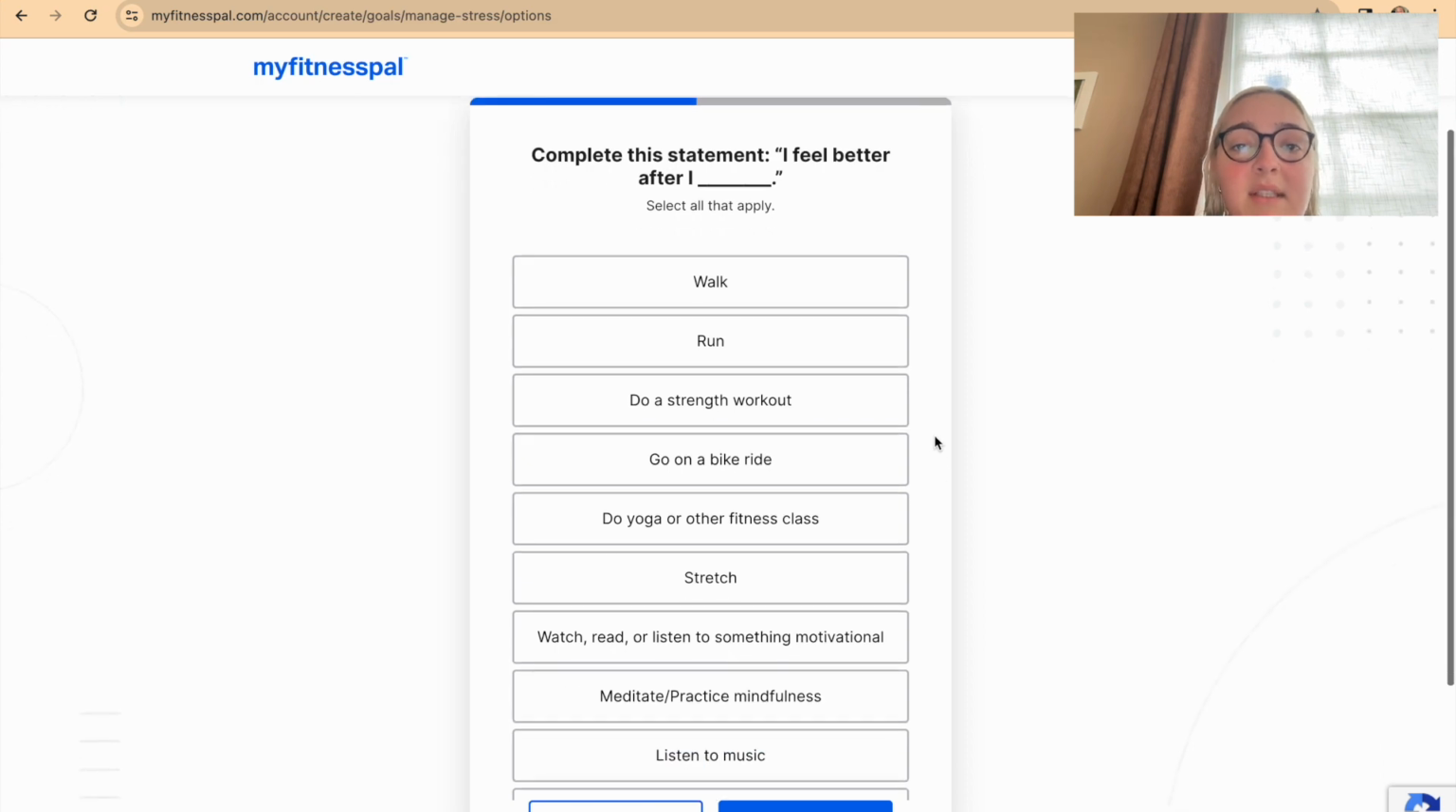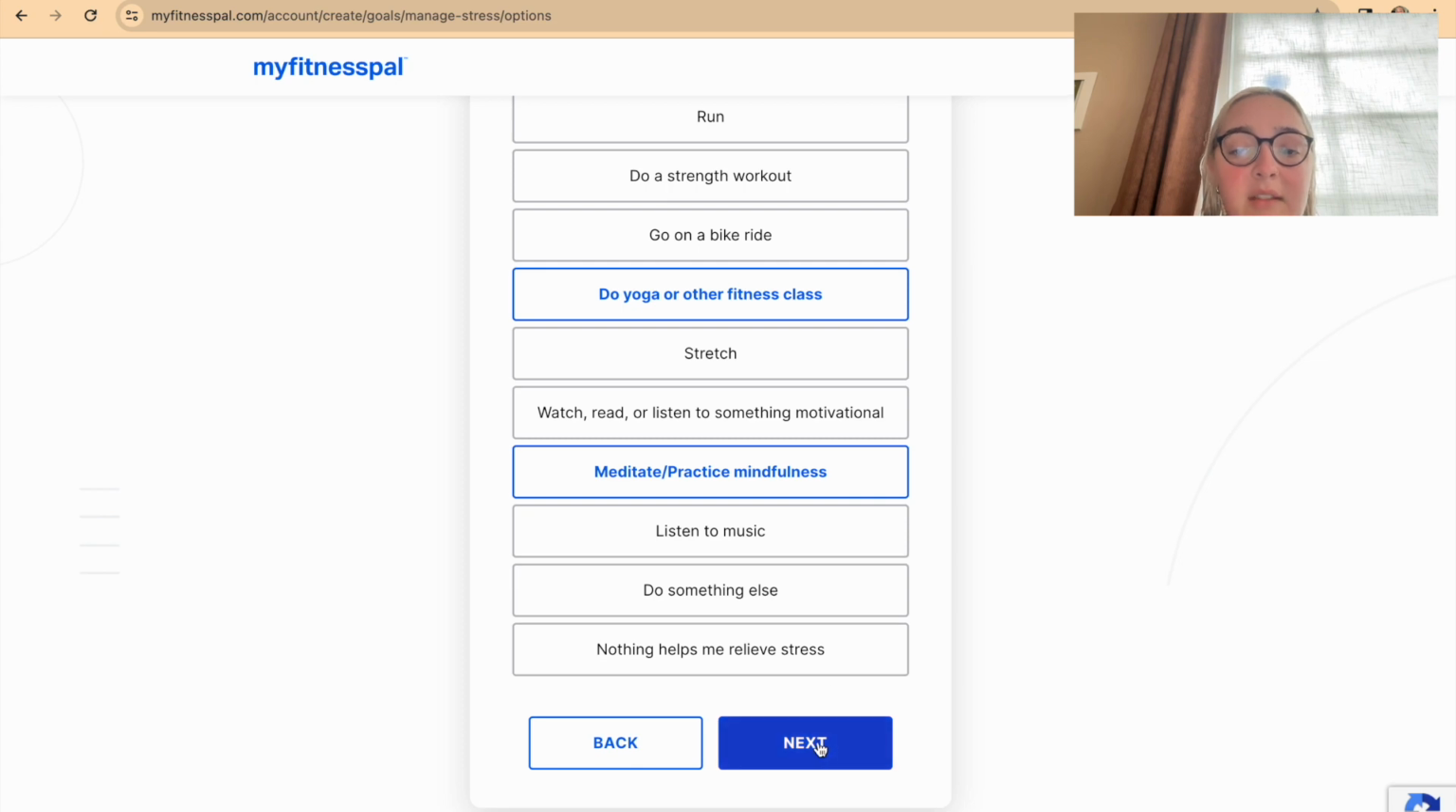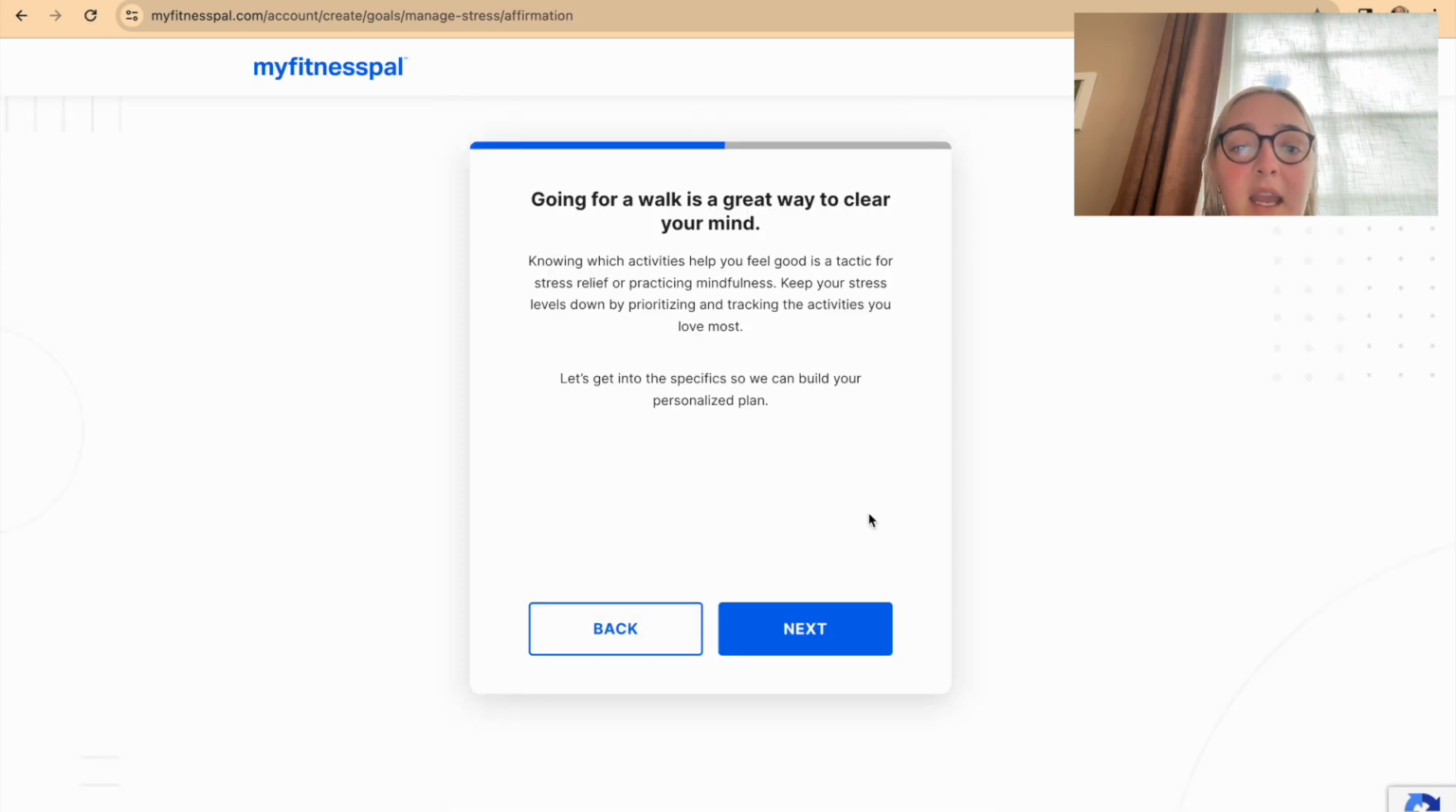Now I'm going to complete this statement. I feel better after I walk. For me, I also feel better after I do yoga. And finally, I feel better after I meditate or practice mindfulness. Then I'll click Next. And I'm going to go into some specific demographics about me so that MyFitnessPal can build